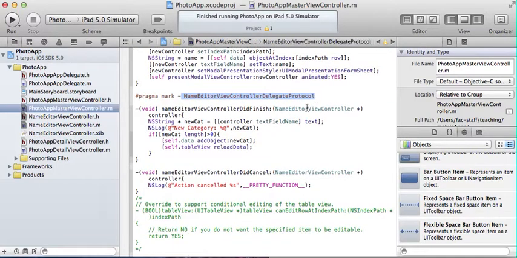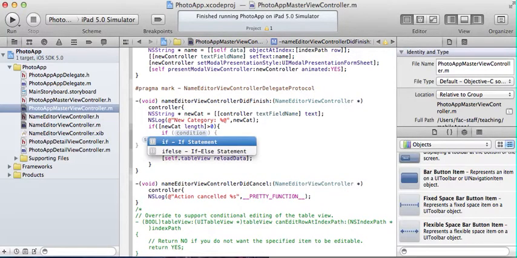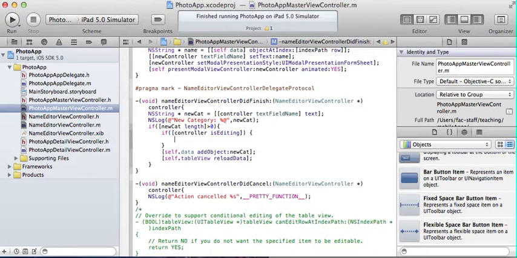So this is the beauty of this, we barely modify our little window, we just modify the delegate methods. So in here, in the name editor view controller did finish, because that's when you click done, we're going to say if new category length is greater than 0, then we're going to add a few things. Then we're going to say if it's in edit mode, so if controller is editing, which is something that comes for free with view controllers. Alright. Oh no, we had an edit mode. If the view controller is editing, then what we're going to do is